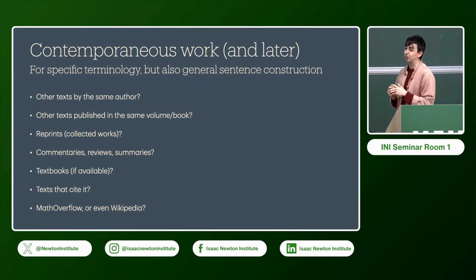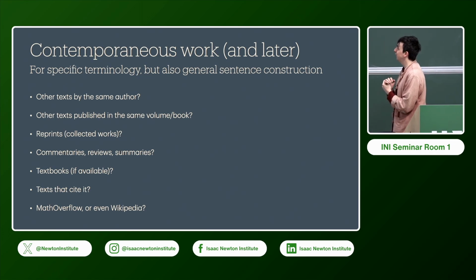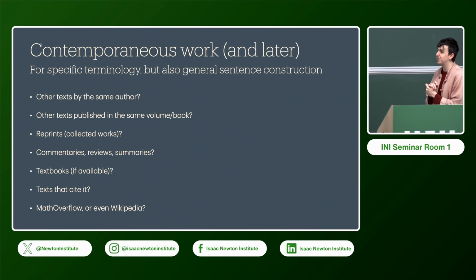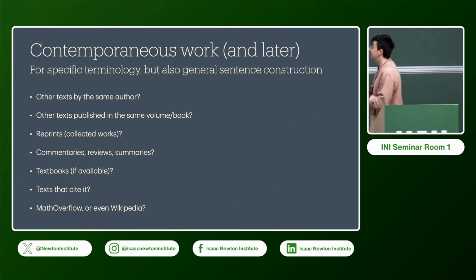Reprints and collected works are often very good, but also can introduce new errors, new typos, new mistranslations, especially if it's sort of typed versions of handwritten things. Commentaries, reviews, and summaries. Anyone modern day talking about the work often has a need to translate it. Sometimes they don't. They just put it in italics and little scare quotes. Textbooks has been a really useful one in terms of if you're translating something on mathematical subject X and you can find a textbook in the source language on X, likely you might find some overlap. Texts that cite it is another good one.